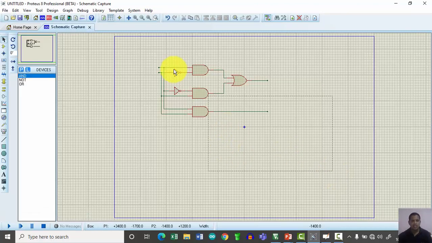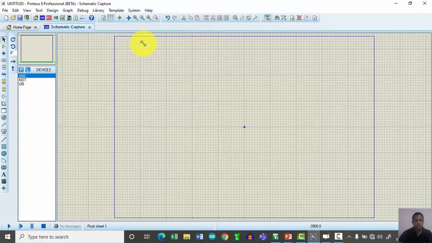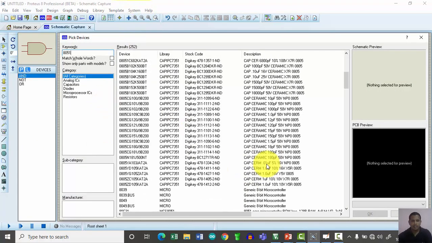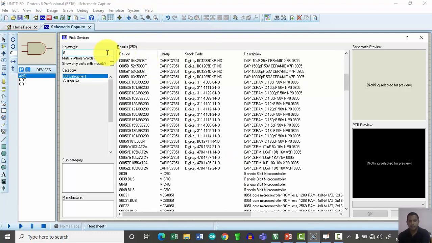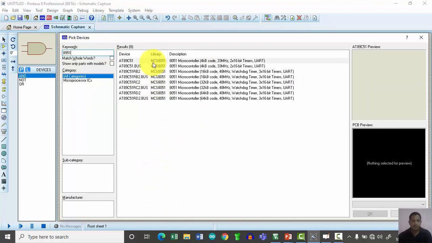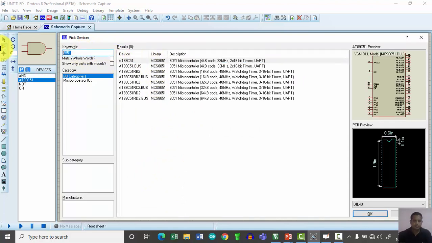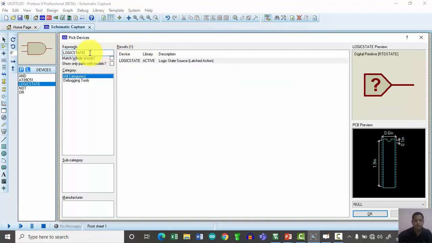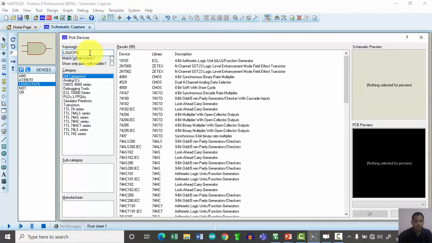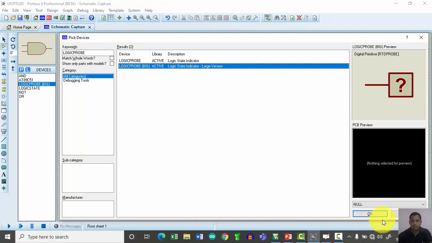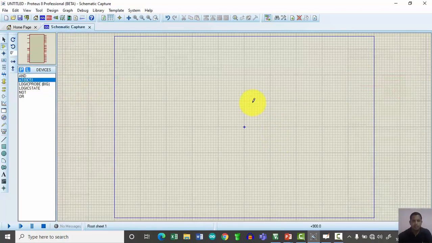So let us see its implementation in Proteus. So here the idea associated with this half adder implementation is completely clear. Okay, so let us implement this.